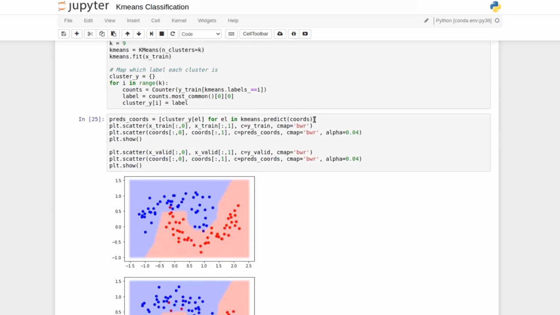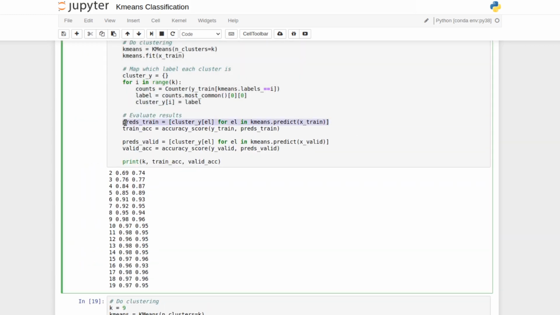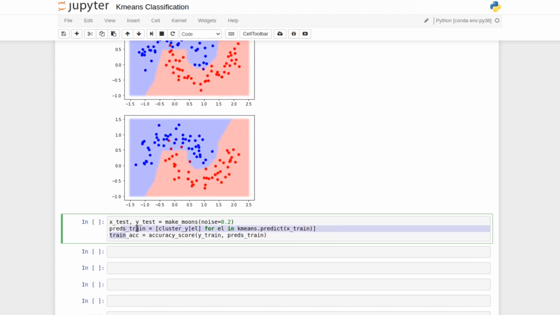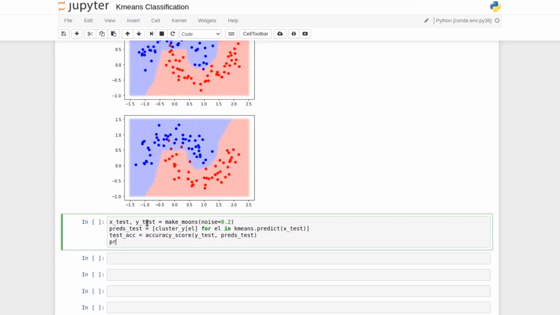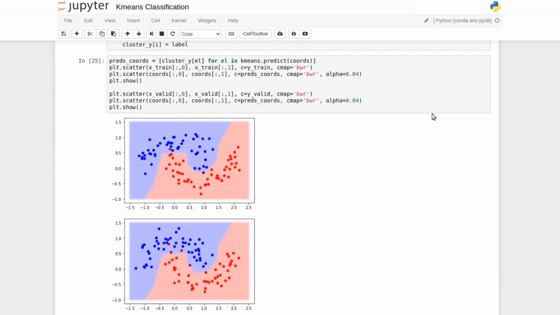We can repeat our little calculation here. Let's go ahead and just grab it from up here for convenience. Just grab both these lines. All right, so we have preds on our final independent test set. Test set. Test. Test. Print our test accuracy, and finally reproduce this exact kind of plot